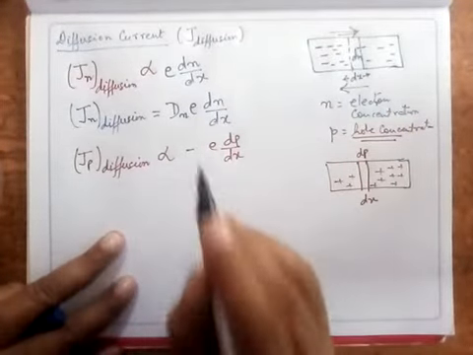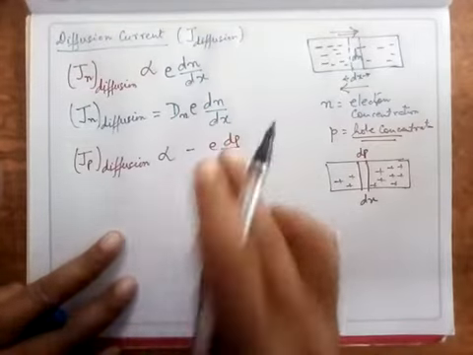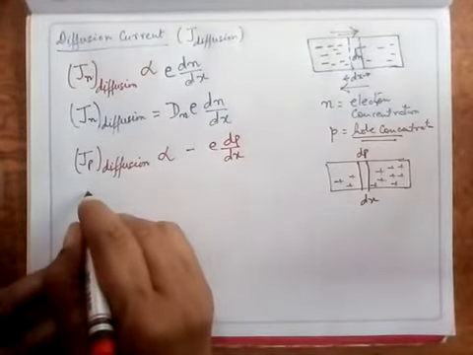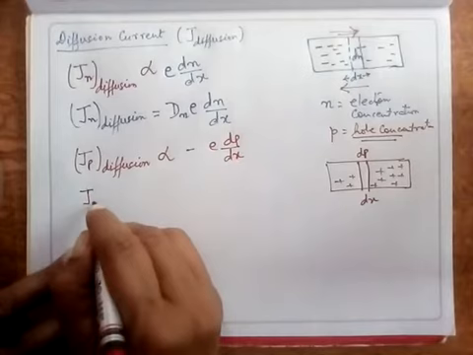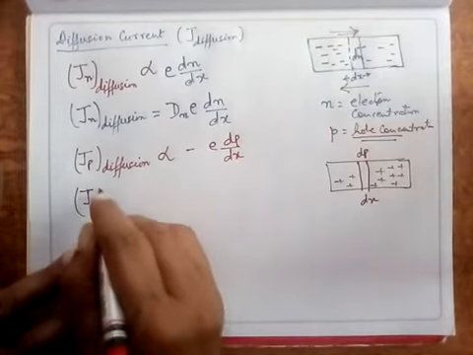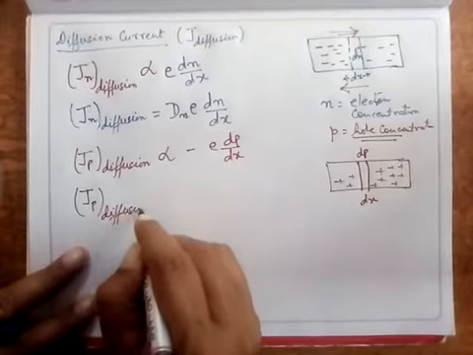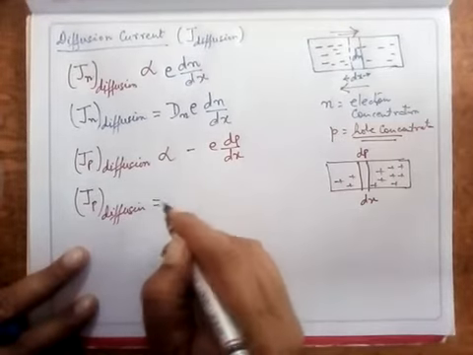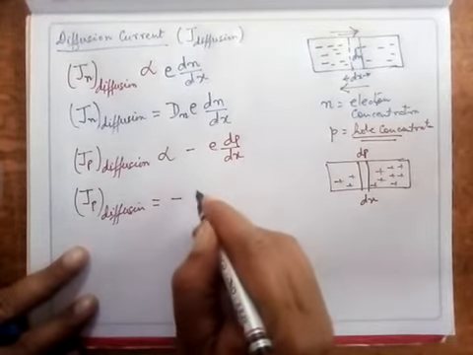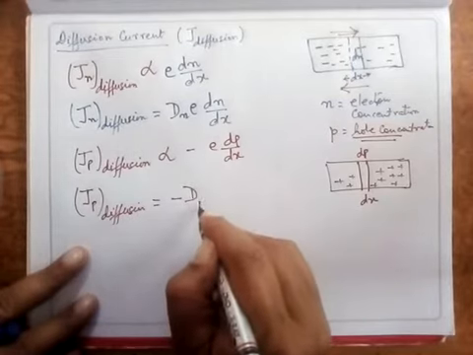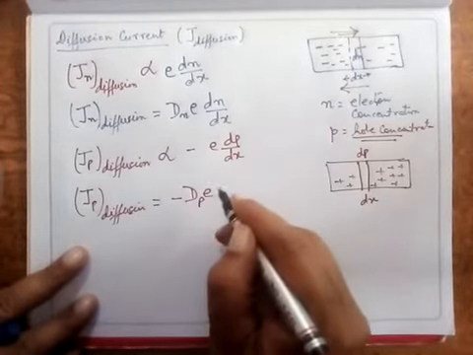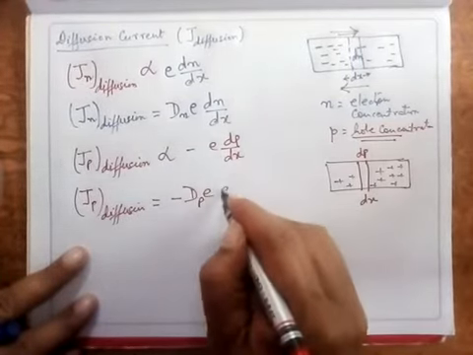So it is minus of this sign in relation to this. So from here I can say that this Jp diffusion, I remove the sign of proportionality, is equal to minus of Dp into e into dp upon dx,